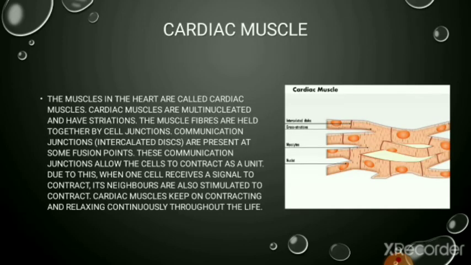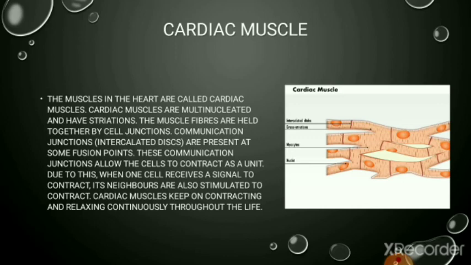The last type of muscle fiber is the cardiac muscle. As we all know, this type of tissue is found only in the heart, and the basic characteristic feature of this kind of muscle is the rhythmic contraction and relaxation throughout life, as a result of which they help in the contraction and relaxation of the heart and help in the transportation of blood throughout the body.